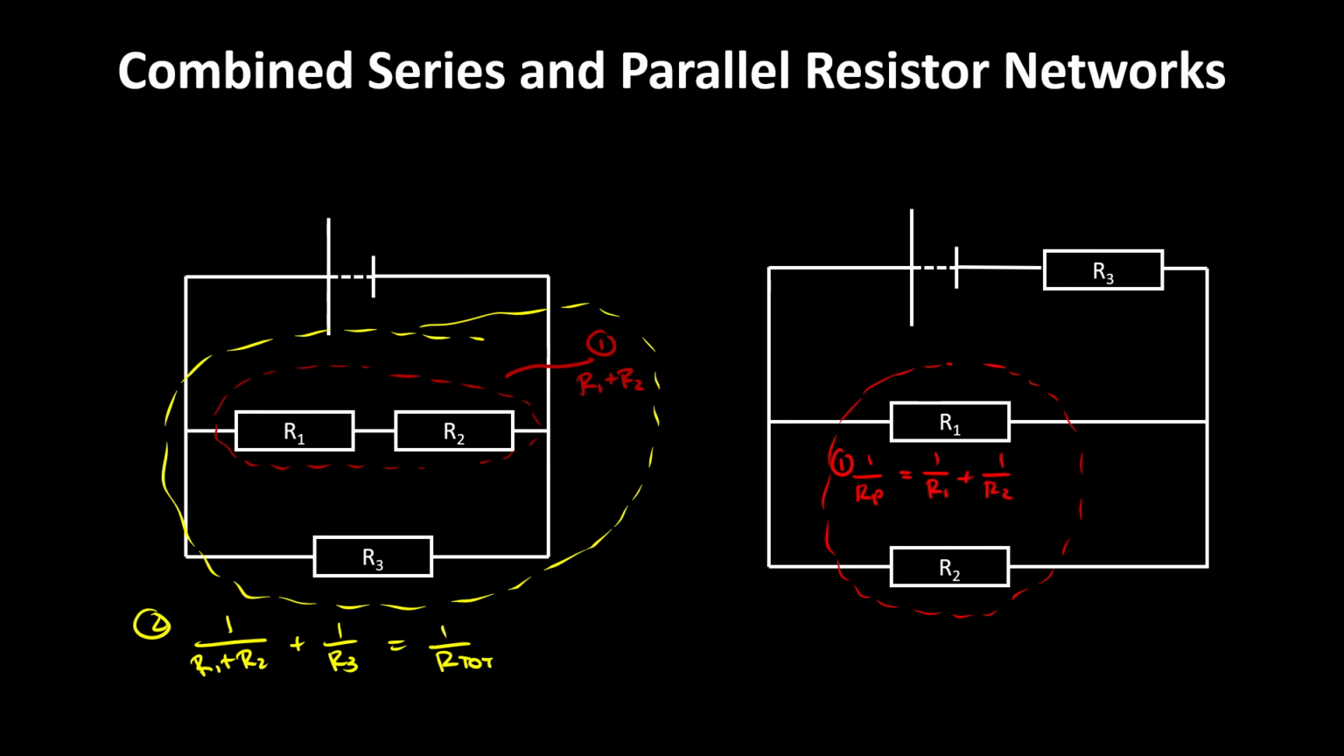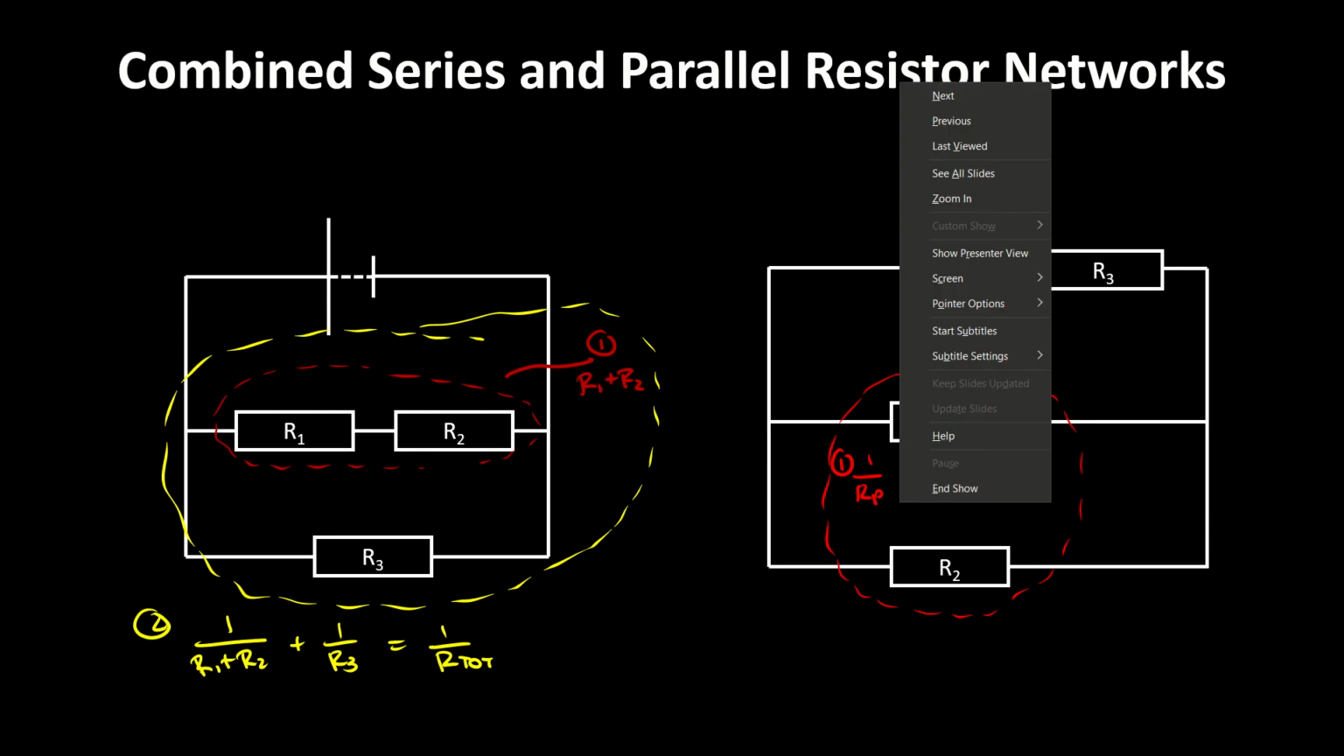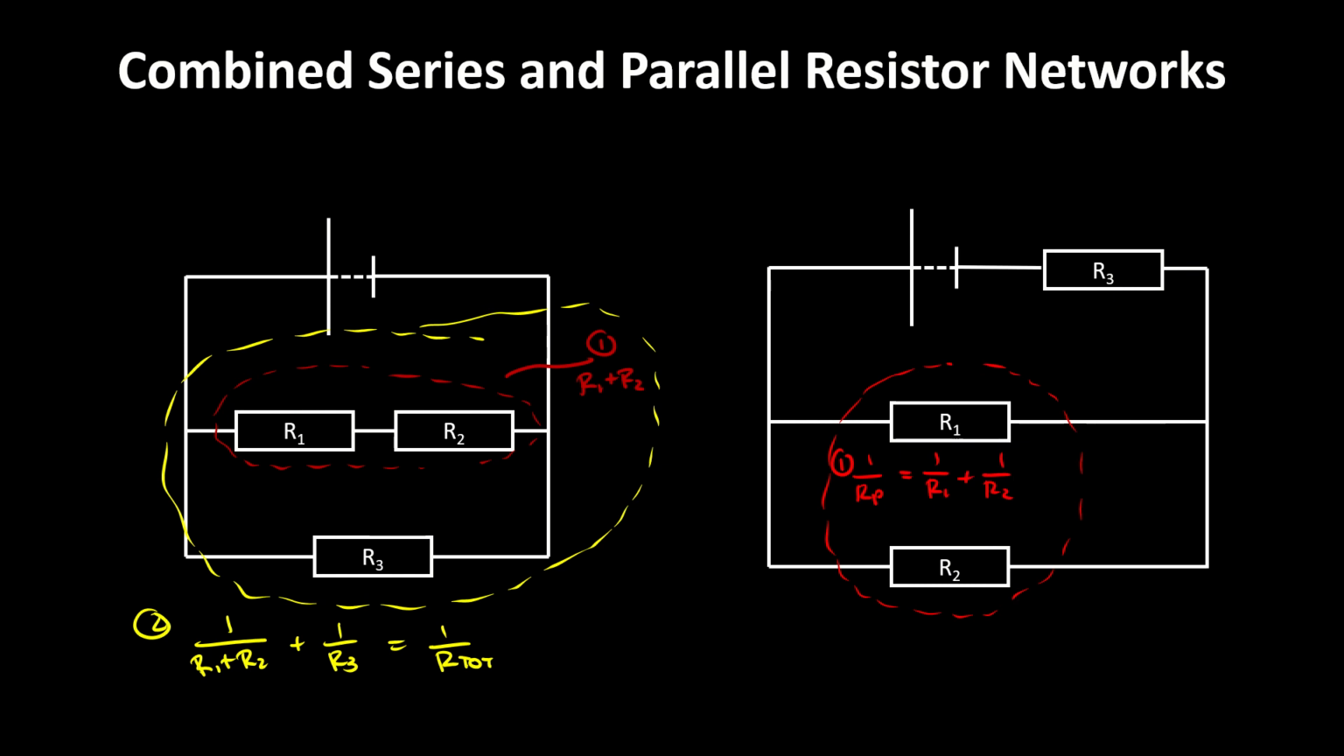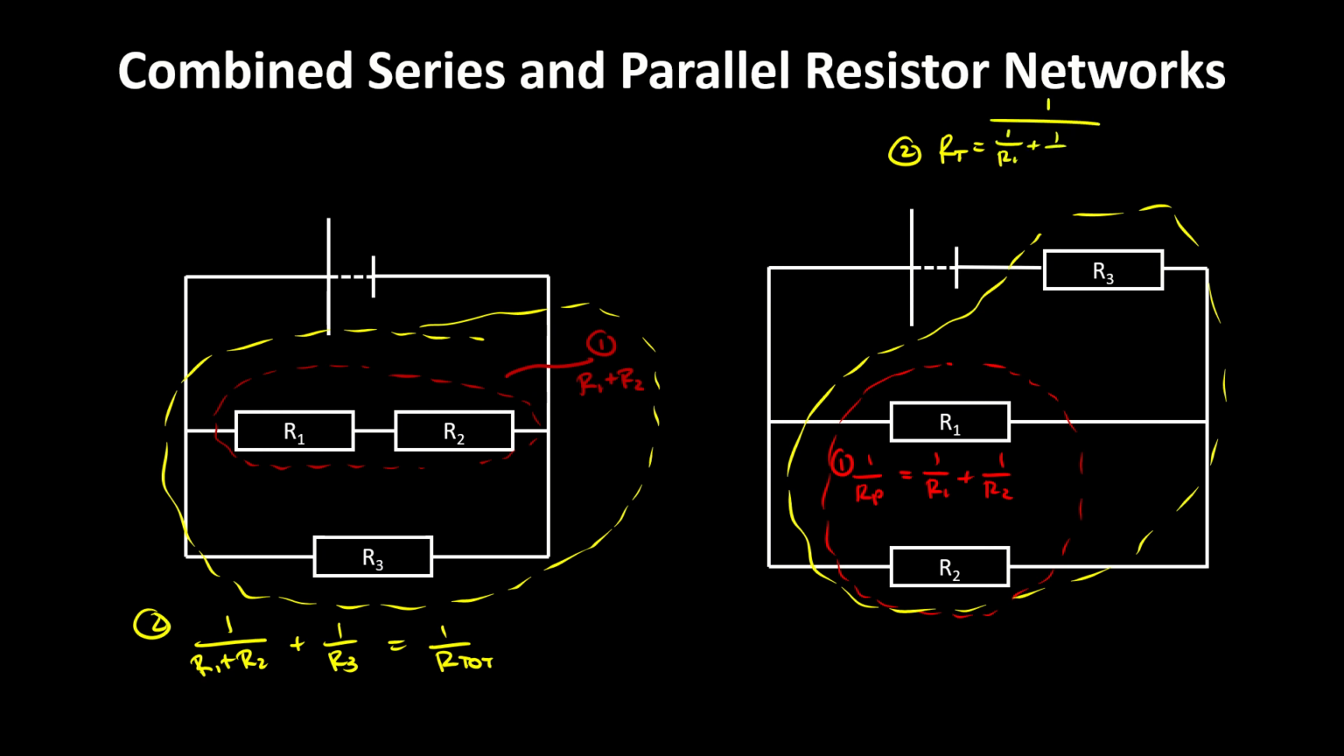Okay, so I would calculate that first, the resistance of that parallel section, and then I would add in the third bit. So secondly, the total resistance is going to be whatever that first one is, so it's going to be 1 over R1 plus 1 over R2, so whatever we figured out from that parallel section, plus R3, which is in series